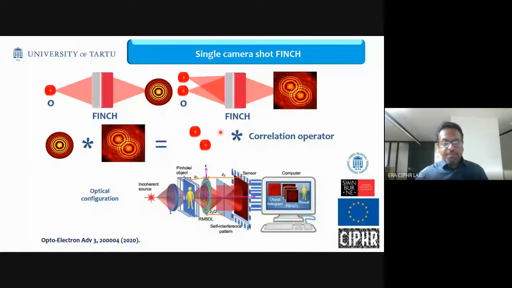Okay, sorry. But as you know, Finch is a 3D imaging system, a holographic system. So we need to know the PSF not only at one plane, we need to record it at multiple planes. So we created a PSF library, or more correctly, a PSH library, because it is not a point spread function, it is a point spread hologram. So we created this library and correlated every element of this library to the object function, and we can achieve 3D imaging capability. So these are some of the results.